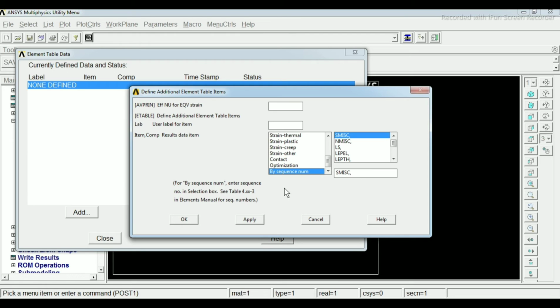If you don't know the sequence number or element data, click on the help option, because different elements have different element data. From this data you will plot the bending moment diagram and shear force diagram.